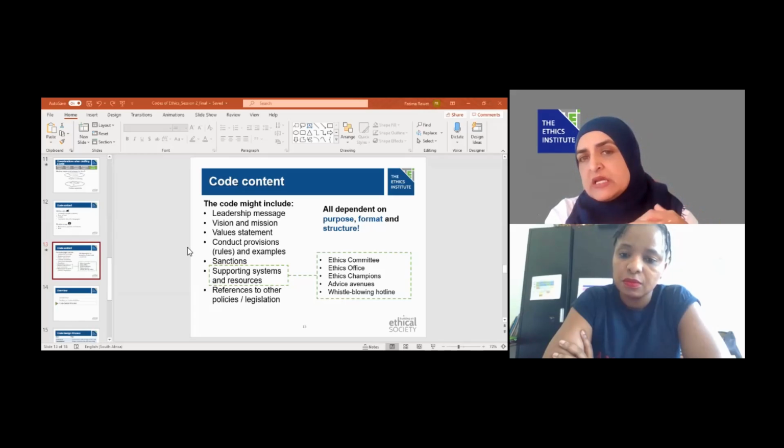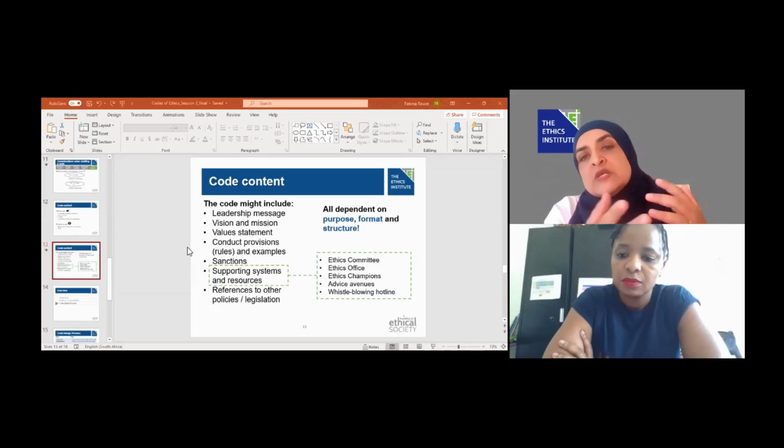And just something else that Javita said that I wanted to pick up on is that your code of ethics is not going to give people the answer to an ethical dilemma. It's not going to say, if you find yourself in this situation, do this. It is going to tell them, this is what we're about. This is what the good looks like. So that when they face a dilemma, they have the confidence or the know-how in terms of how to navigate that dilemma.